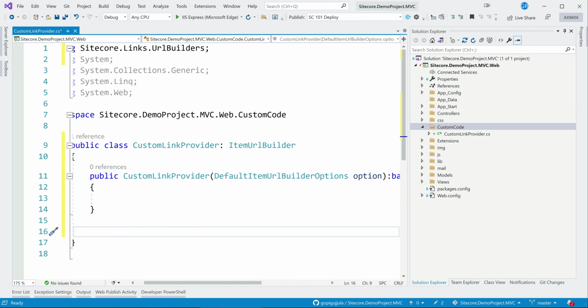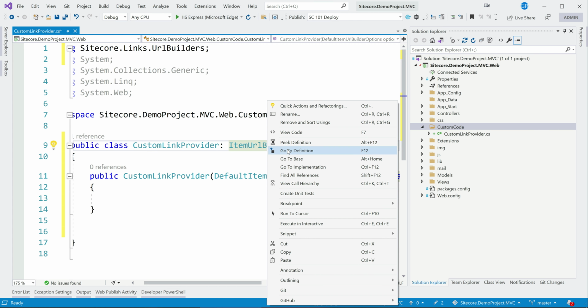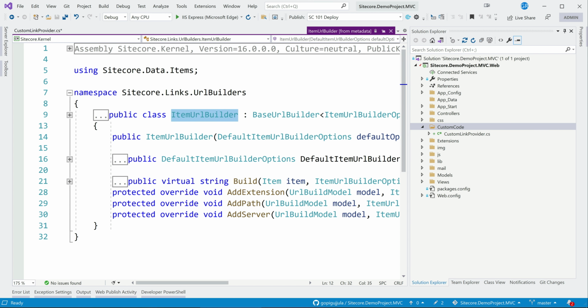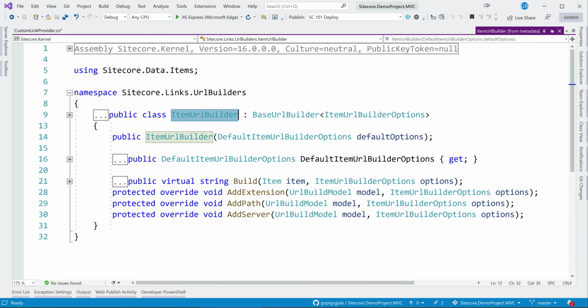Now the next thing is I need to override. Let me go to this definition. Yes, this is part of the Sitecore kernel. Let me collapse this and hide this. They have provided one virtual method, which is Build. We need to override this, so let me do that.